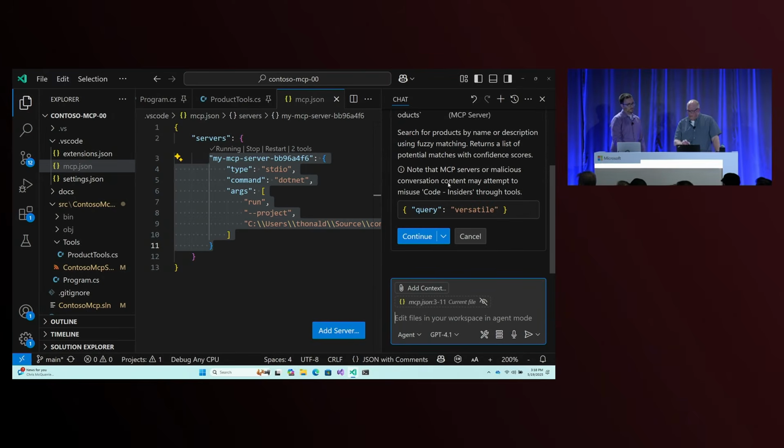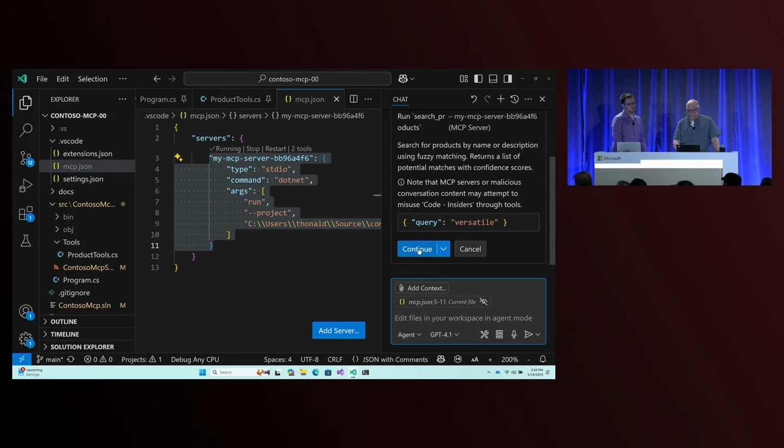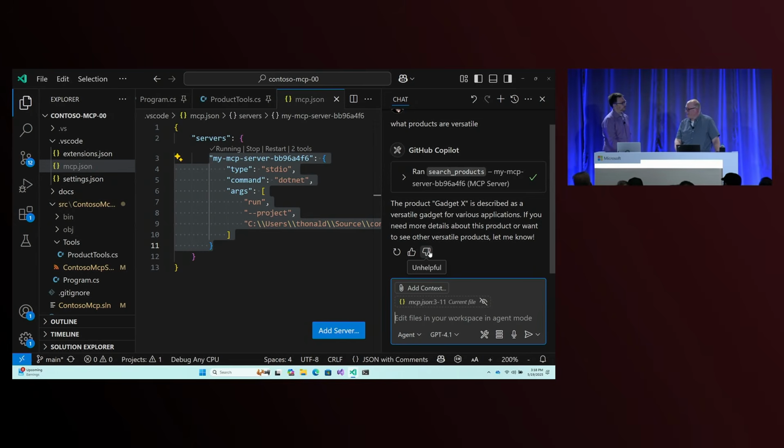And you can see here that GitHub Copilot has accurately detected the search products tool within my MCP server and is going to put together this query for it. And it gives me an acceptance pop-up here. Oh, but it doesn't pop up the additional thing, right? That's right. Why do you think that is? Because we manually configured this for Visual Studio Code, it's not running through the Windows registry. That's exactly right. And what this means is any application that would want to use my server also has to